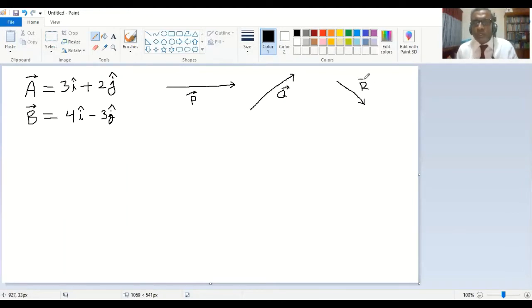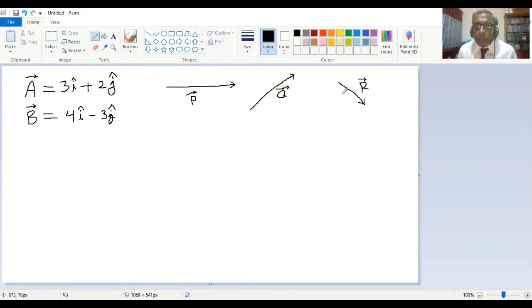Now try to understand. If I say all these are vectors, everyone will have a value, that is magnitude, and at the same time a direction. Direction is understood clearly when you draw the line with an arrow mark. Magnitude is actually the length of the line. If one line is bigger, then the vector is more powerful, stronger. If the line is small, then the vector is weaker.